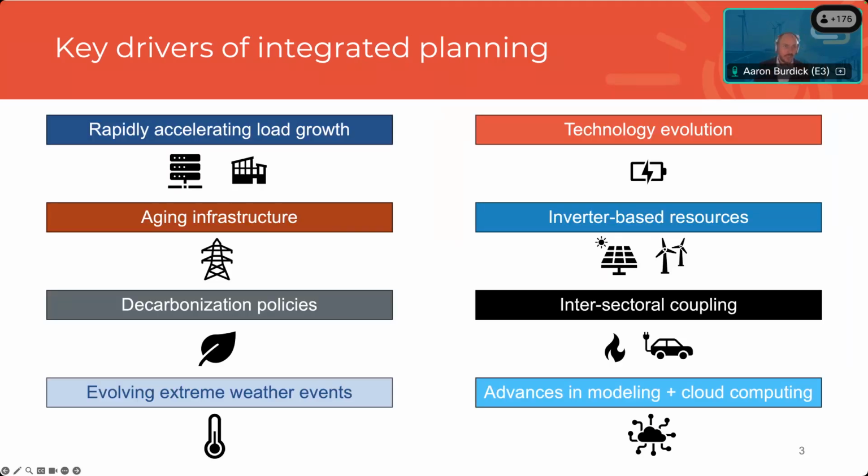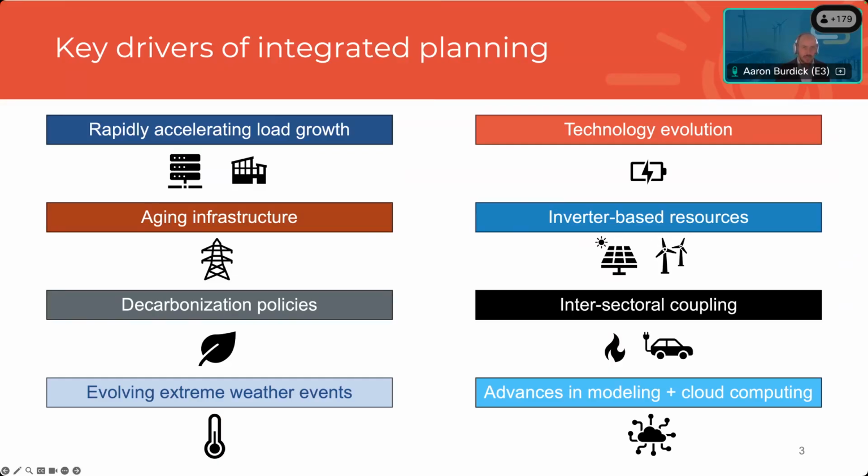Matt already touched on some of these key drivers for integrated planning. We see great opportunities and challenges in planning the electricity system over the next few decades. We have this paradigm shift with rapidly accelerating load growth, albeit with a lot of uncertainty. We have new technologies, including batteries and floating offshore wind turbines. We have growth in inverter-based resources that are changing the way that we have to think about planning and system operations. We have decarbonization policies that are pushing the rate of resource additions beyond what we have seen of late.